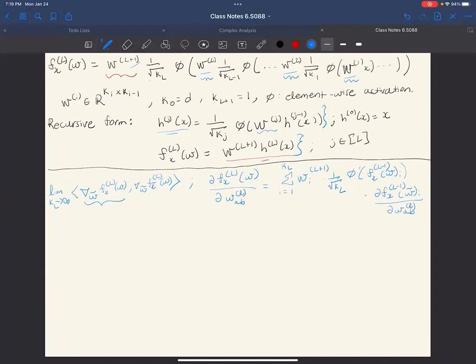layer network. And here what I've used is the fact that H of L of X is just exactly 1 over square root KL, by WL H of L-1 X. Remember that this, by definition, is just Fx L-1 at W tilde, which is just W tilde is my notation for this new set of parameters that's contained in the subnetwork given by Fx of L-1. Okay,